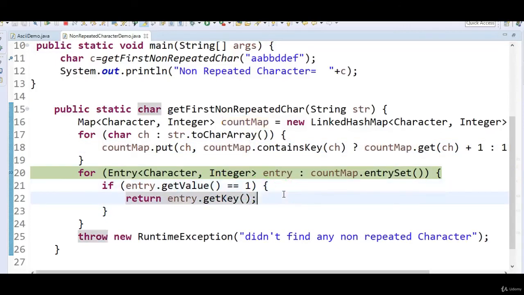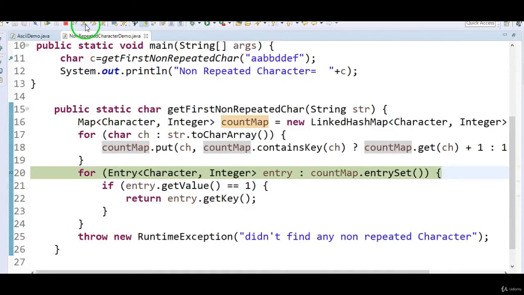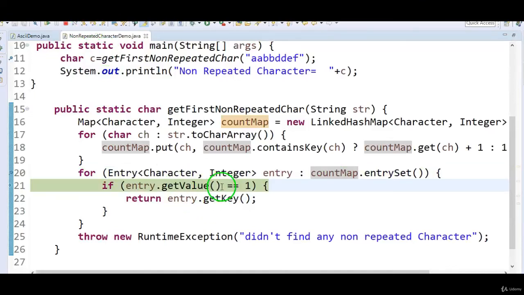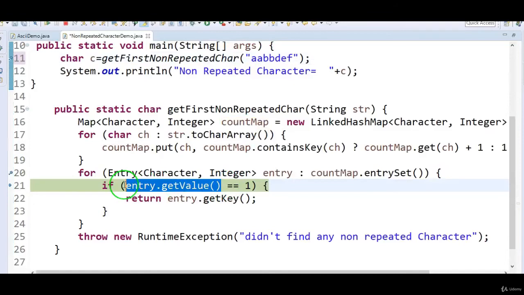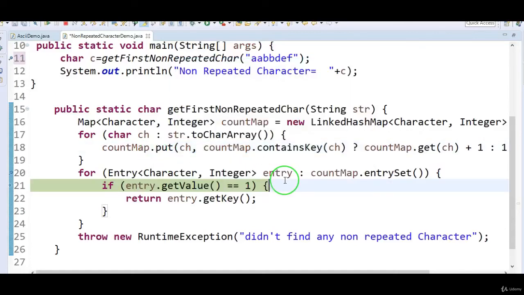For the first entry, the condition will fail, because entry.getValue will be 2. entry.getValue means A's count, which is 2. So it will not go into this condition.